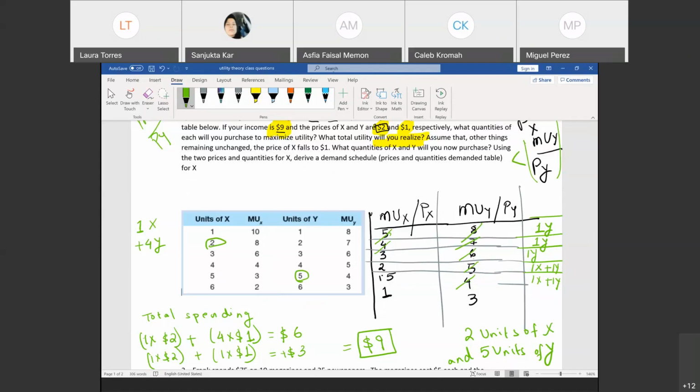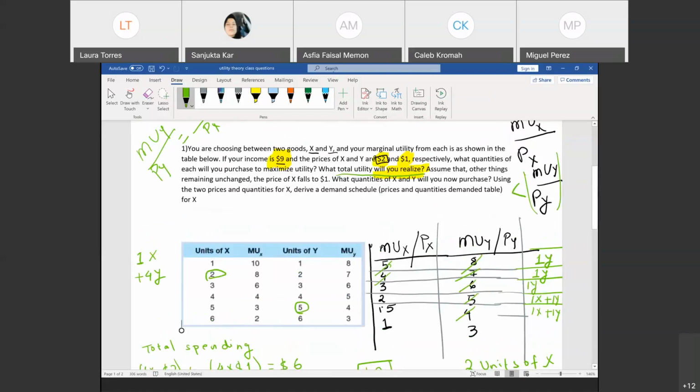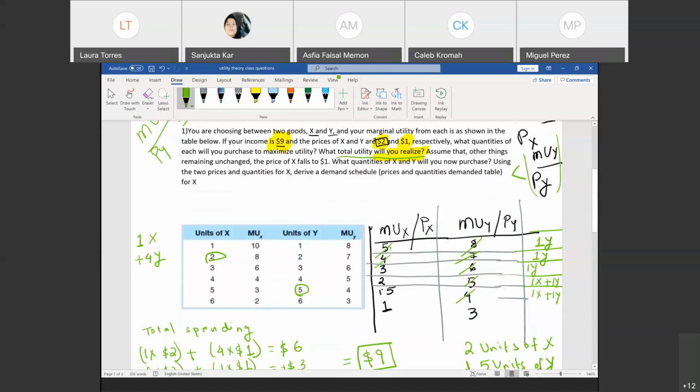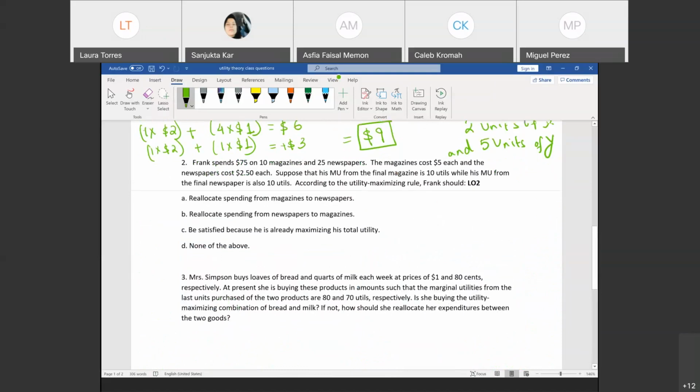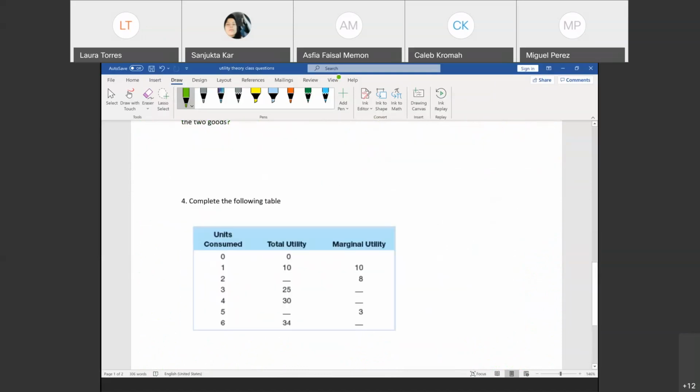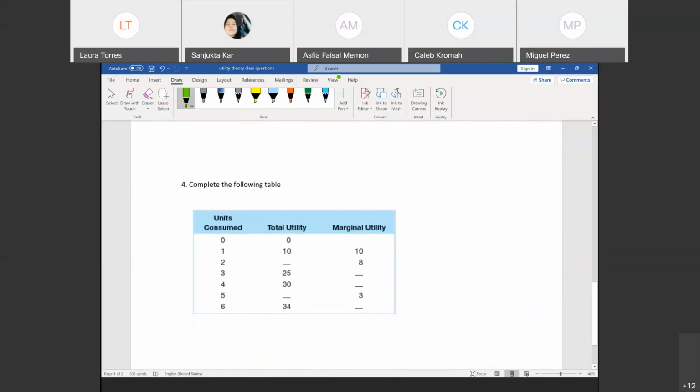They're asking us what is the total utility that we derive from this whole thing. So to understand this total utility concept, to find out how much we derive, I want you to look at another problem here. Take a look at question number 4, where you have to complete the following table. So we know that this is how we find out